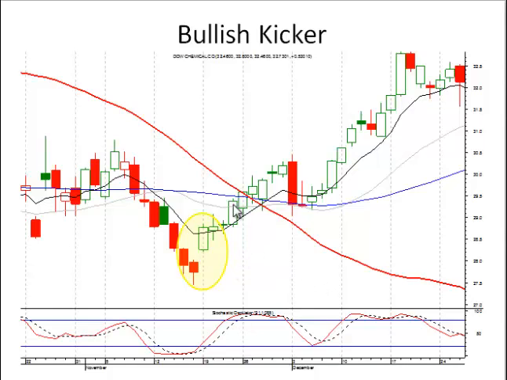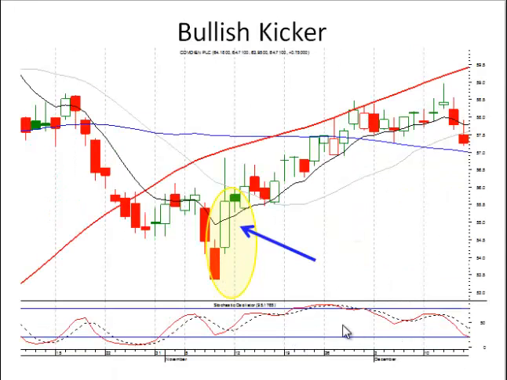Remember, a doji followed by a gap up is your best friend. A little candle followed by a kicker type signal, gap up, close above the T-line is your best friend. It tells you there's definitely a change of investor sentiment, and it's a strong enough change to tell you you're probably going much higher. So all you have to do at that point is use your normal trend analysis, your J-hook pattern, but this is what instigated the uptrend.